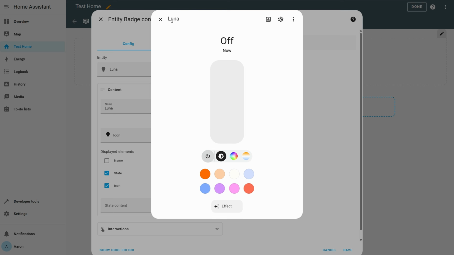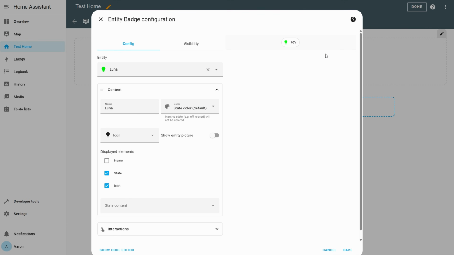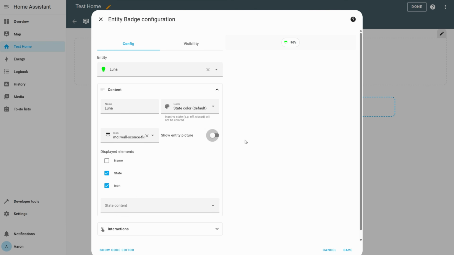Here you can see that when the light is off, the icon is gray, but if it's on, the icon is the color of the light since it's an RGB lamp. You can also change that icon completely if you want. The show entity picture option is used if the entity is a camera, I think, so we're going to leave